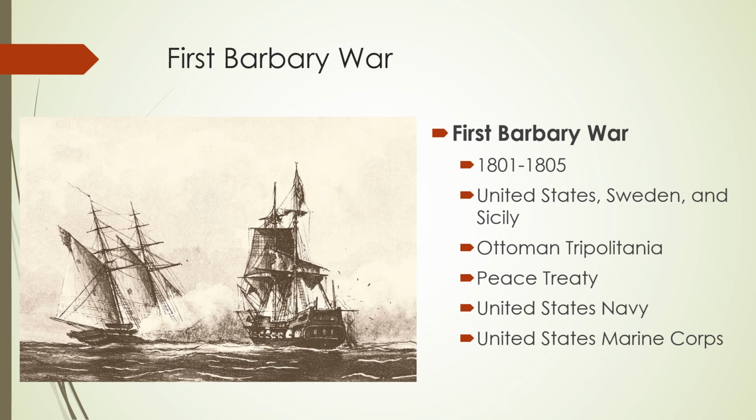So when the United States gets its independence from Great Britain, obviously it no longer falls under the protections of Great Britain and the tribute that Britain is paying. And so the Barbary pirates start attacking American ships. And of course, the expectation is that, this is extortion, that they'll attack our ships if we don't pay this tribute. And so the Barbary pirates want us to pay this tribute. And Jefferson refuses to do so. So Jefferson says, we're not going to pay the tribute.